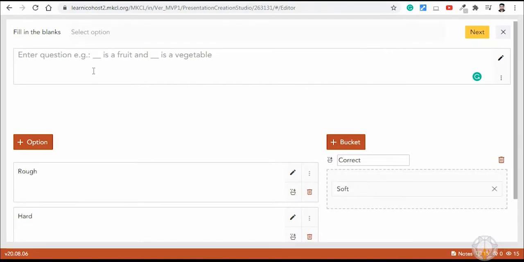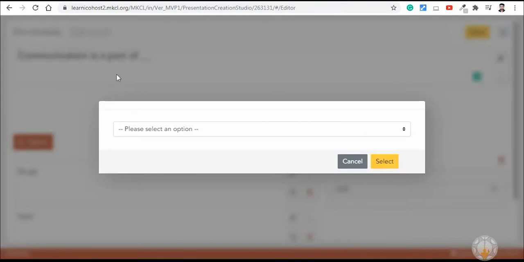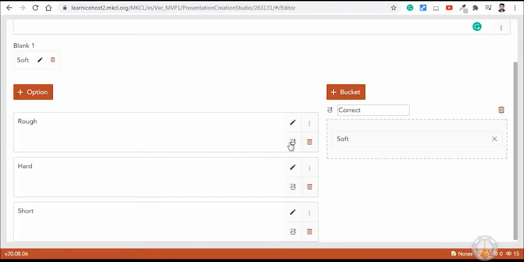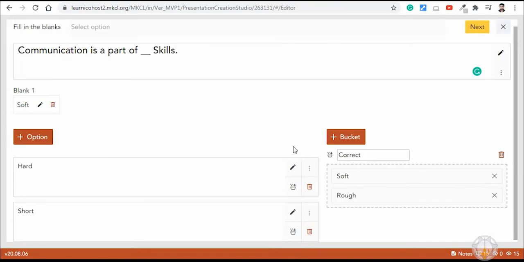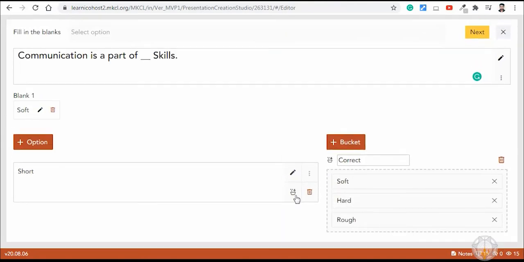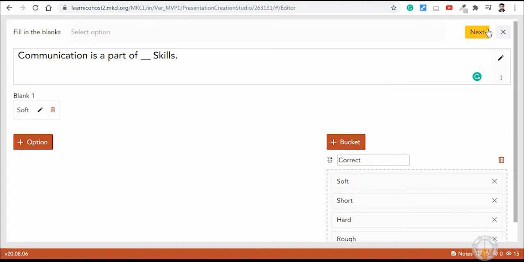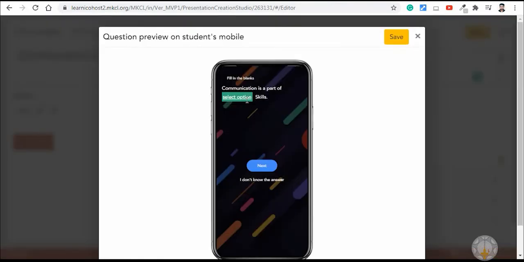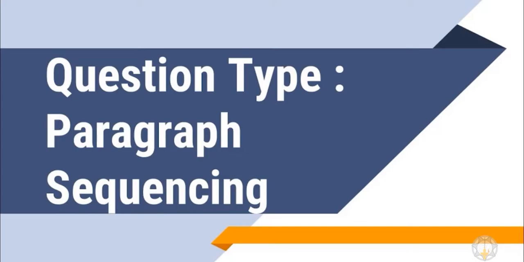Drop correct option in a correct bucket. Paragraph sequencing.